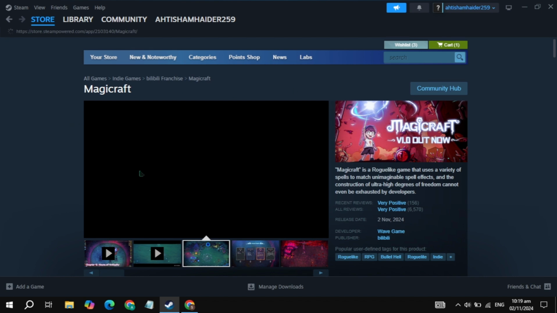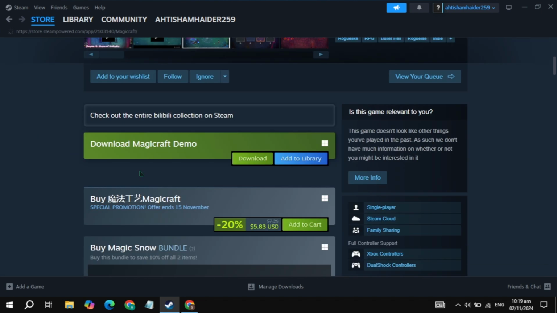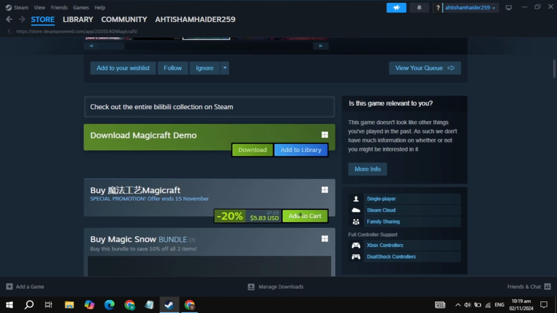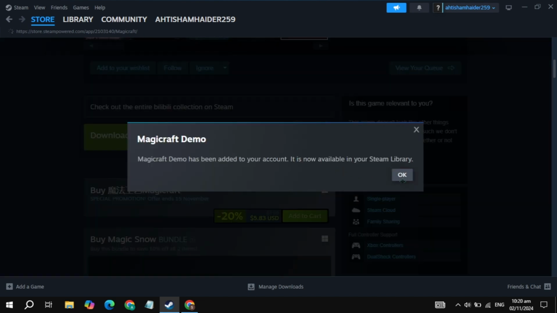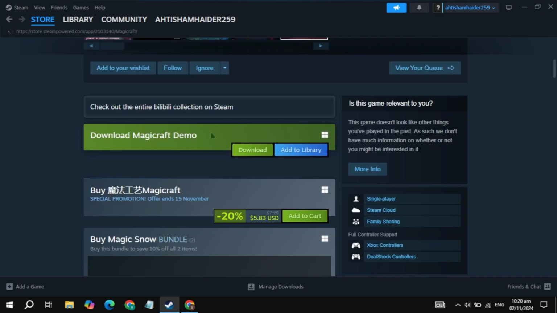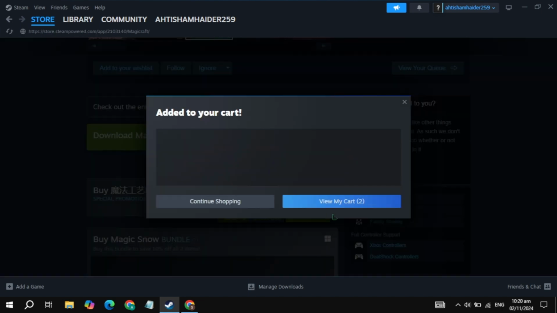Now here just scroll down and you will see the option of add to cart. So if you want to download this game demo version, just click on the option of add to library you are seeing. But this is the demo version. If you want to download and install the original game, then just click on the option of add to cart,